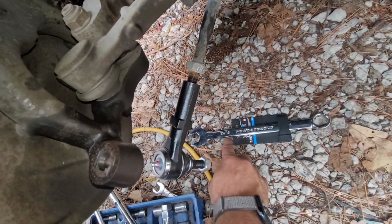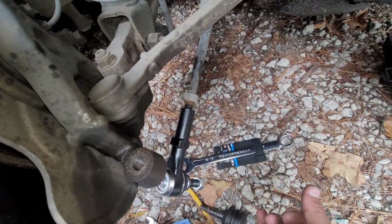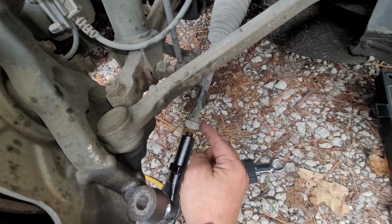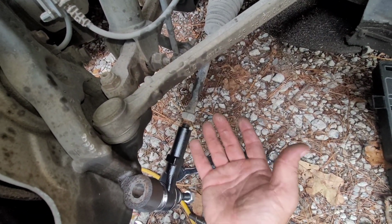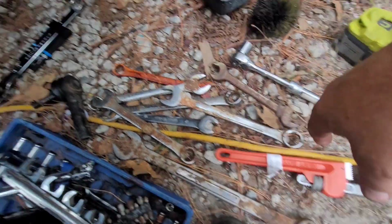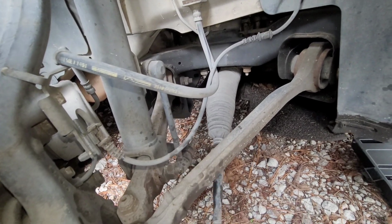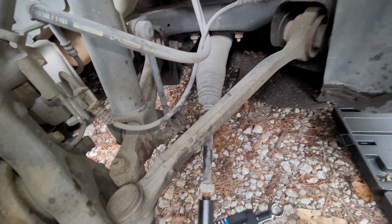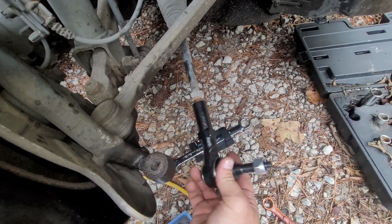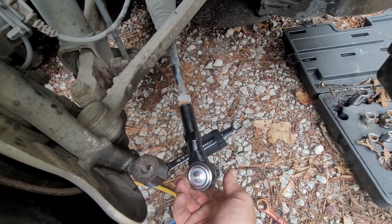So it was a 15/16, which I could not find mine. I could not find my wrench to break this bad boy loose, so I had to go buy one. I actually bought a pipe wrench in case I bought the wrong size. I didn't feel like hunting for my stuff in the garage. I know I have a pipe wrench. Probably have like 30 pipe wrenches, but